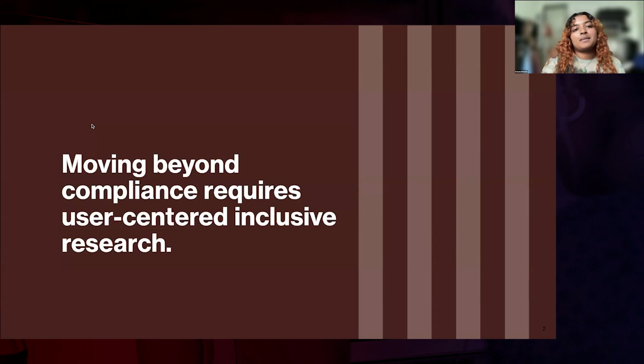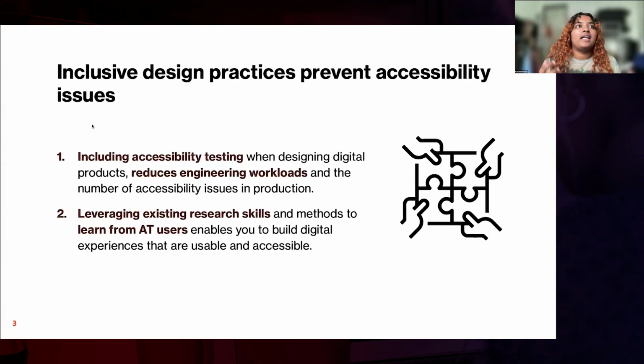And the reason that I feel strongly about this is that I'm a big believer that inclusive design practices and inclusive research practices are really able to prevent accessibility issues down the road. That's things like having the opportunity to include accessibility testing when you actually are designing and building digital products. That really allows the engineering workload at the end to be reduced by preventing some of those accessibility issues down the road in production. That's something that we've seen in some research,